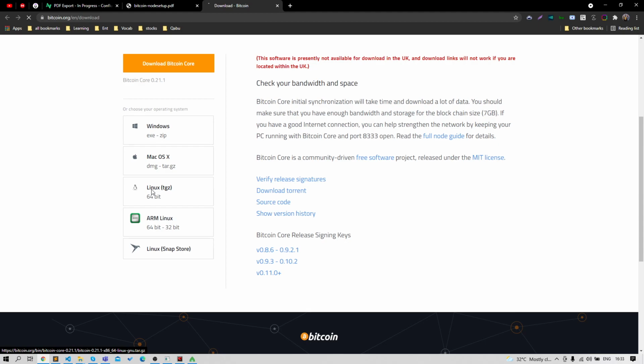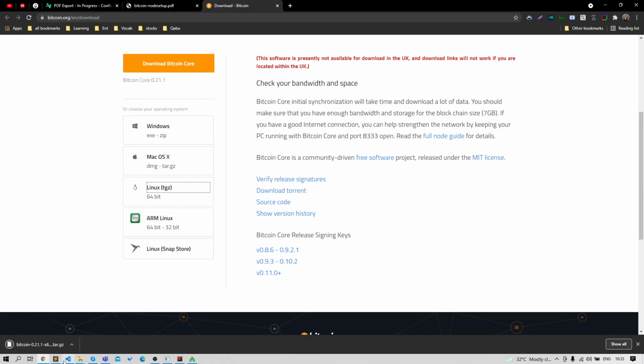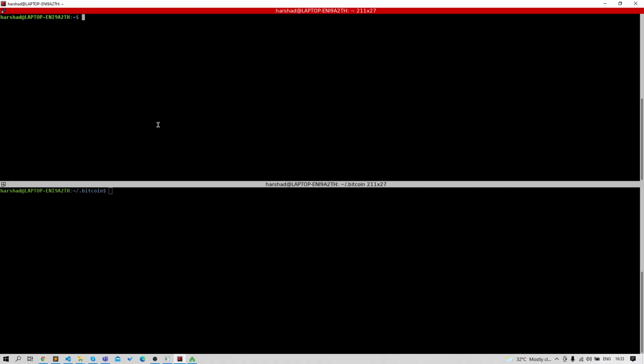Here you can download the tar file, and after downloading this tar file, place it into your user root folder. If you want to go to the user root folder, just write cd and tilde, or just cd and enter.